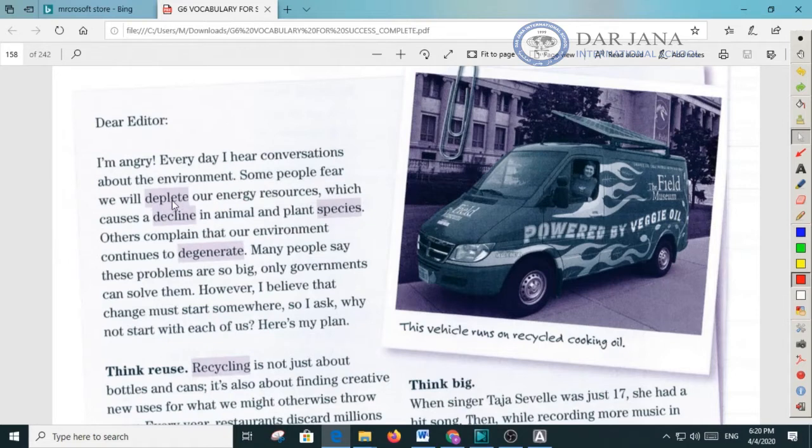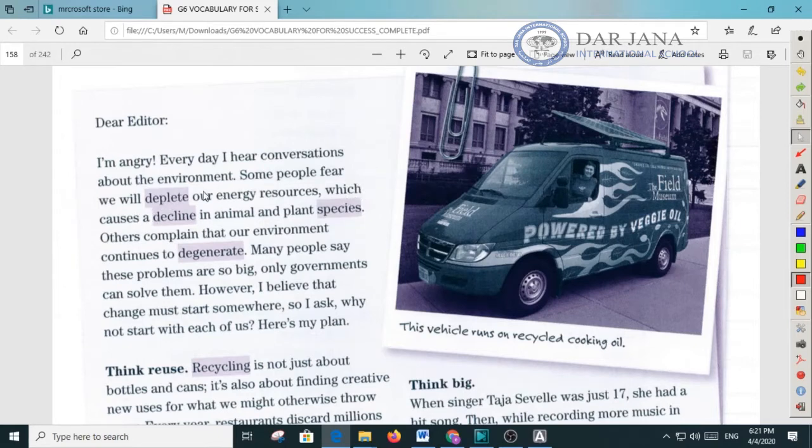What's the meaning of deplete? Now he's not happy, or she is not happy with the situation of the environment. So she says, or he says, some people fear we will deplete our energy sources. What's the meaning of deplete? Now there's a fear and there's an energy source here. Now energy sources can increase or decrease. That's just the norm of everything. So we could say the fear of depleting, maybe the fear of limitation, the fear of not having,